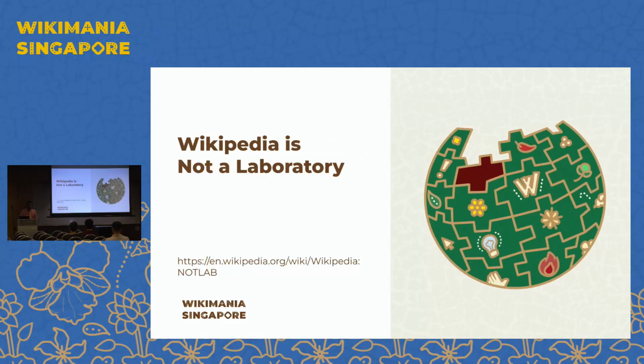And we also need to make sure of this, a small piece of advice. It's one of the principles stated in Wikipedia: Wikipedia is not a laboratory. Wikipedia is used hugely for research purposes, but Wikipedians are actual people who are spending their free time on Wikipedia. So if you are experimenting, there are some guiding principles in Wikipedia on how you can experiment, because you need to respect people's time and efforts.